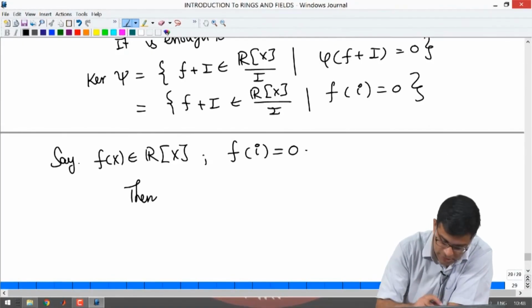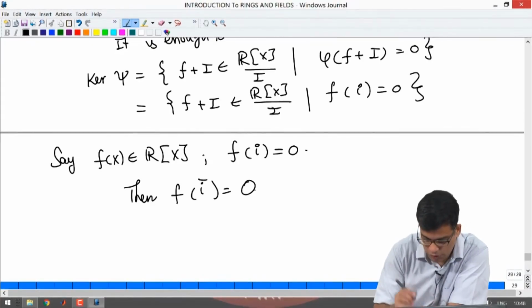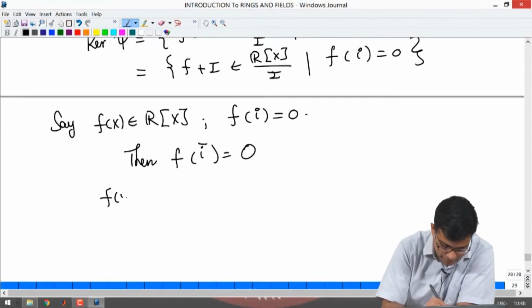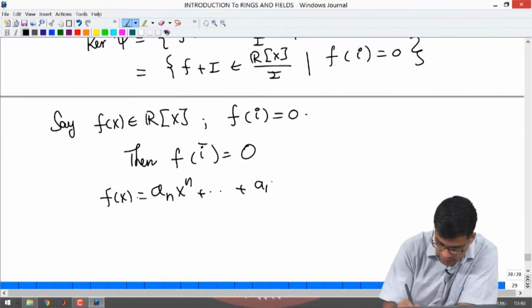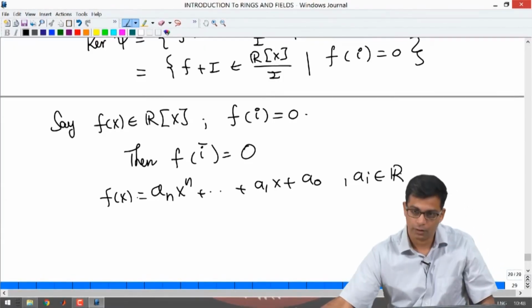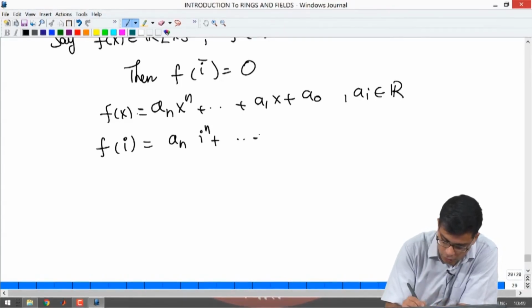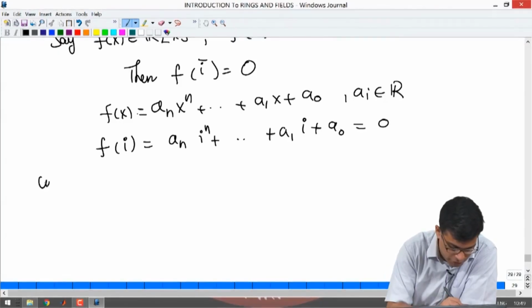Say f of x is in this, f of i is 0, then f of i bar is also 0. This is because f has real coefficients. Let us say f is a_n x^n plus ... plus a_1 x plus a_0, where the a_i's are in R. Then f of i is a_n i^n ... plus a_1 i plus a_0, and this is 0. But now take complex conjugation,